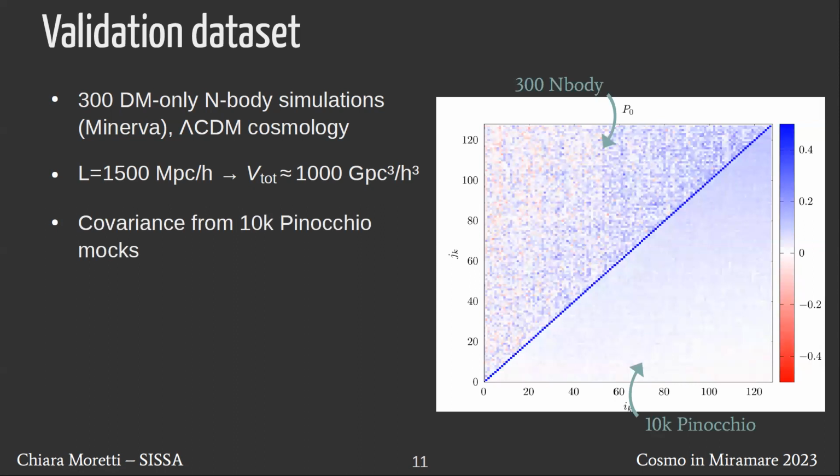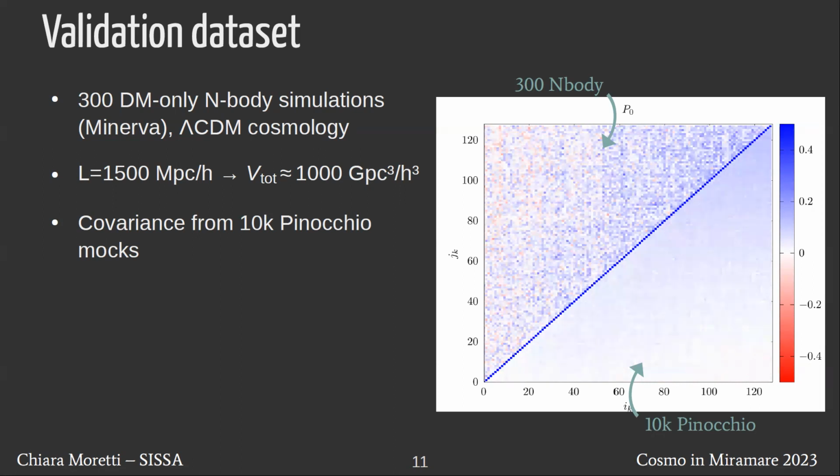This data set of 300 simulations comes with a covariance that is constructed from 10,000 mock simulations. These are computed with Pinocchio, which is a fast approximate code to generate halo catalogs. And this is particularly important because having this very big number of mock simulations allows us to remove the noise